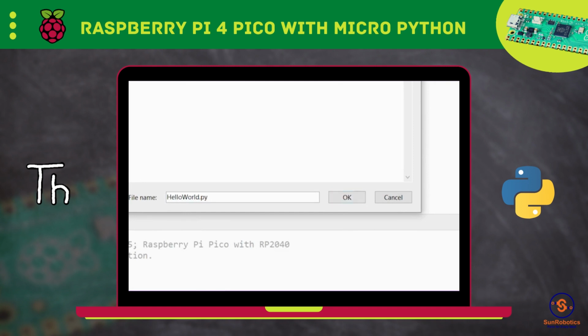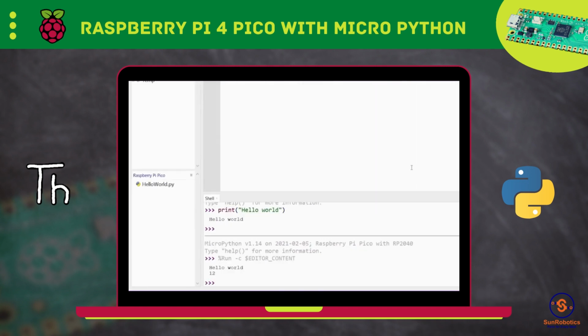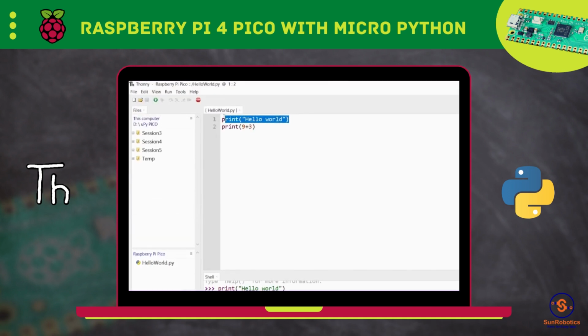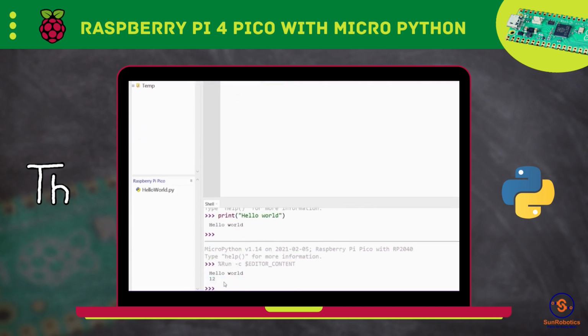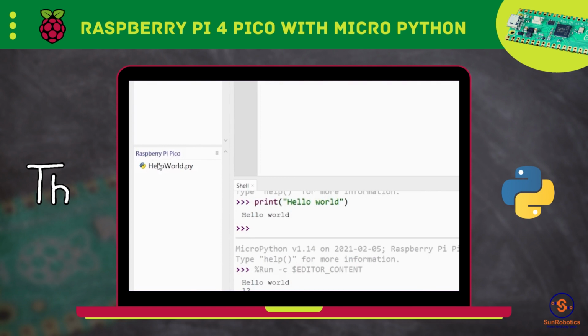The file will be saved on the Raspberry Pi Pico, and this particular code will run, and you can find the result in the shell. You can see the program has already run and I got two results in the shell. One is it printed hello world, that is the first line, and the second line is the result of 9 plus 3. Now you can see under the file system Raspberry Pi Pico,